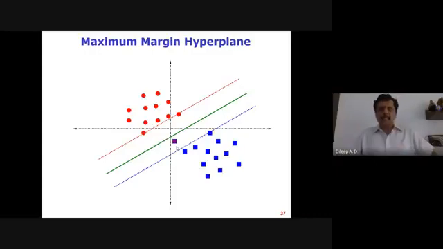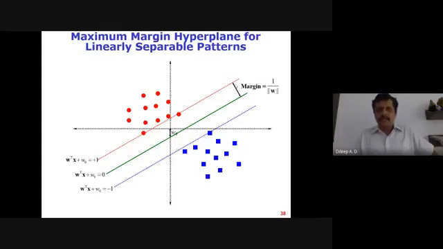Okay, so now this is the case. I define this margin as 1 by the norm of the weight vector, and importantly, it is on both sides. It's equidistant. The total margin is nothing but 2 by the norm of the weight vector. That is the difference between the two margins here. And with respect to this, any point lying on this hyperplane has a discriminant value of 0. And this is on the positive side, that's why it is +1. And this is -1. Okay. Now this is the case.